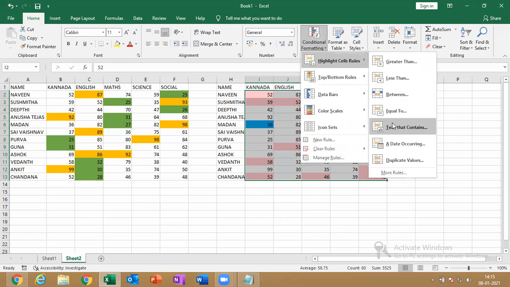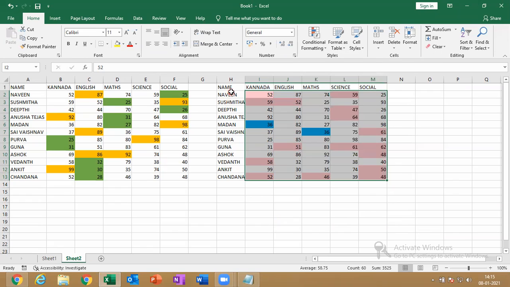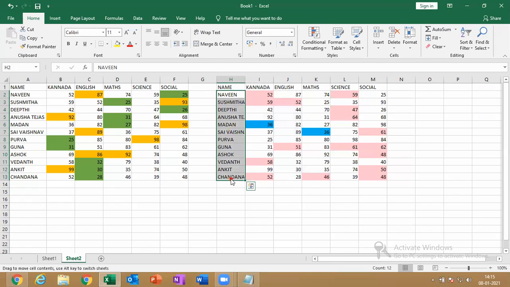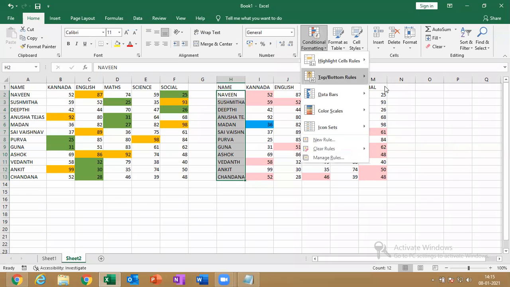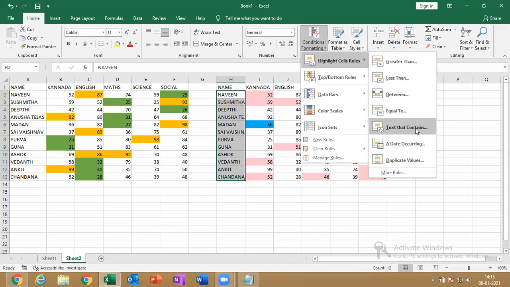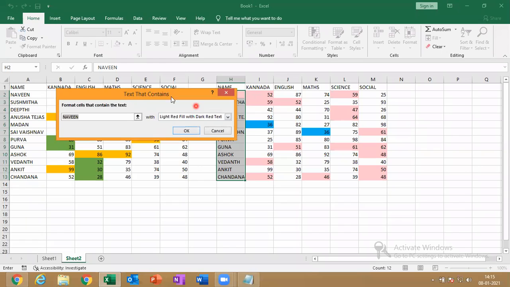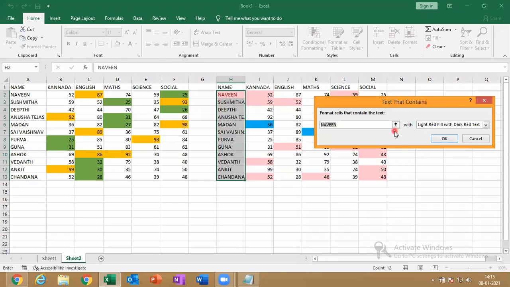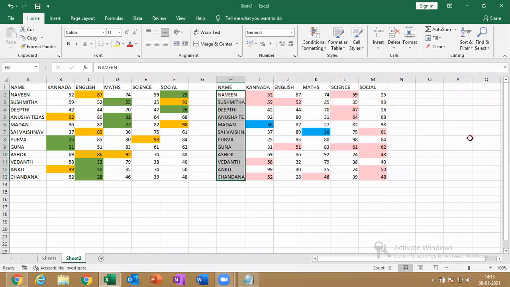Next, what we have is text that contains. If this is a range, and I mention some name, that is going to be highlighted, right? But I'm going to teach you a different method.